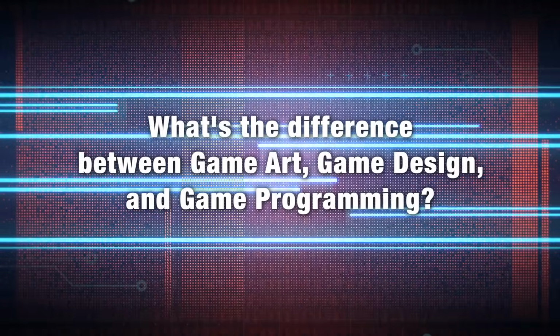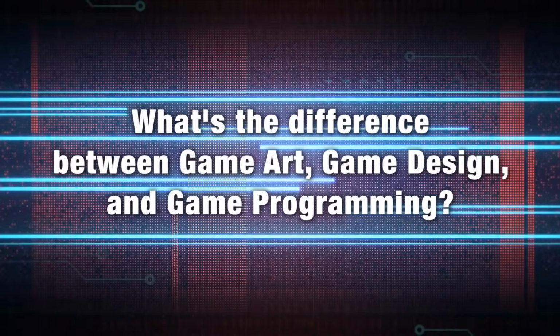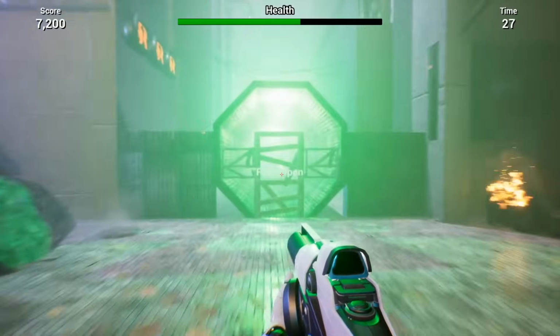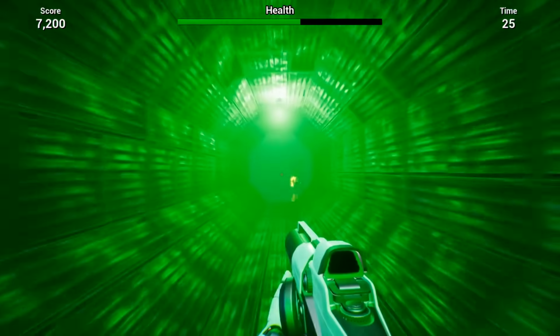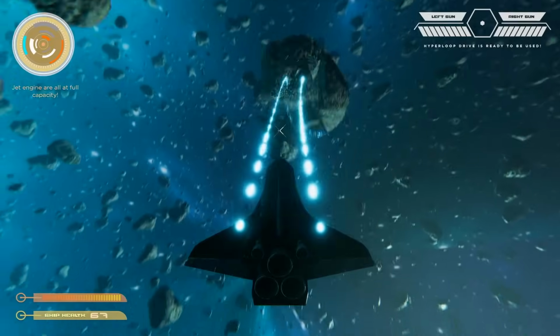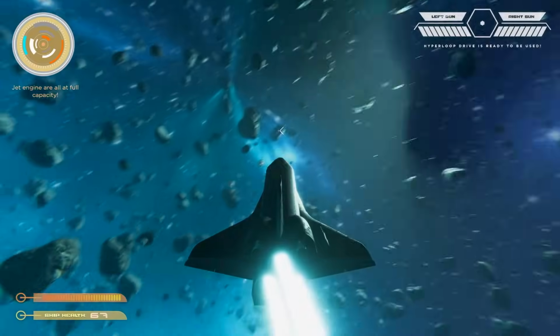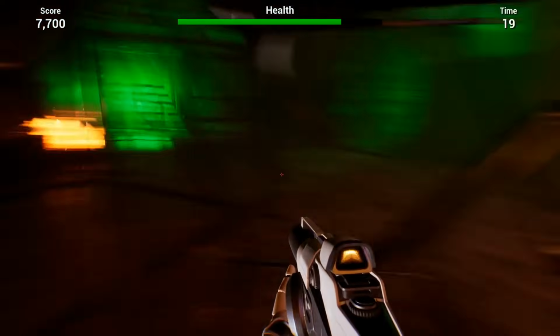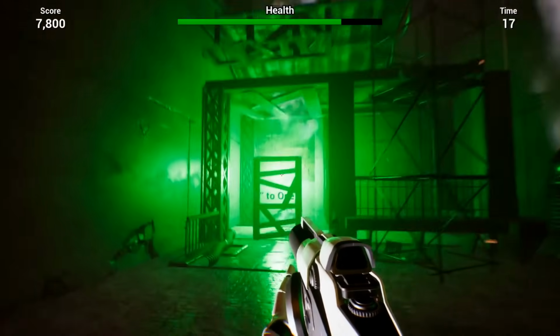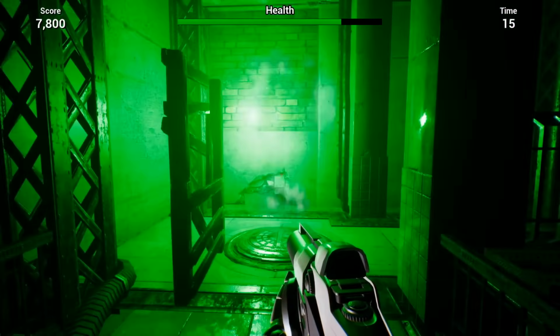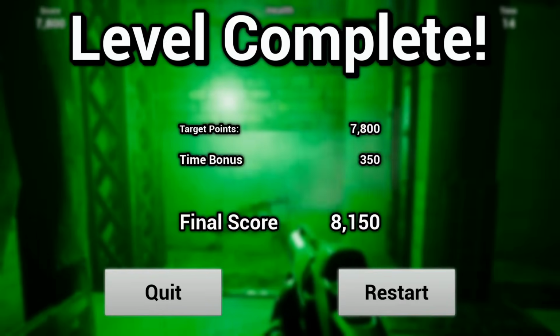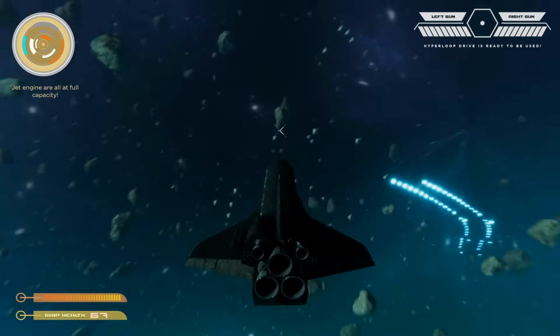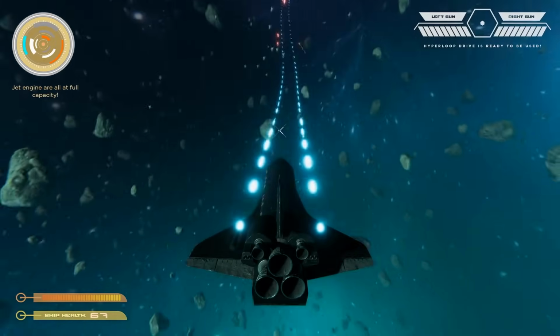Can you tell us the difference between game art, game design, and game programming? Our game art and animation degree is focused on the visuals, the aesthetics. So if you see something in game, whether it's a character moving, a box in the background, the sky, a game artist has probably touched that stuff. So think of it as the assets or the set dressings, or anything visual, all the way up to the UI. If there's a button on the screen or an inventory or an icon, all that kind of stuff is created by game art and animation.